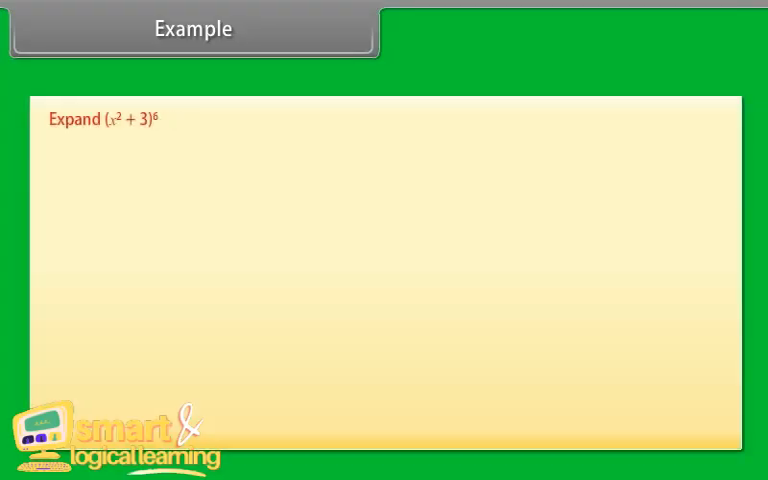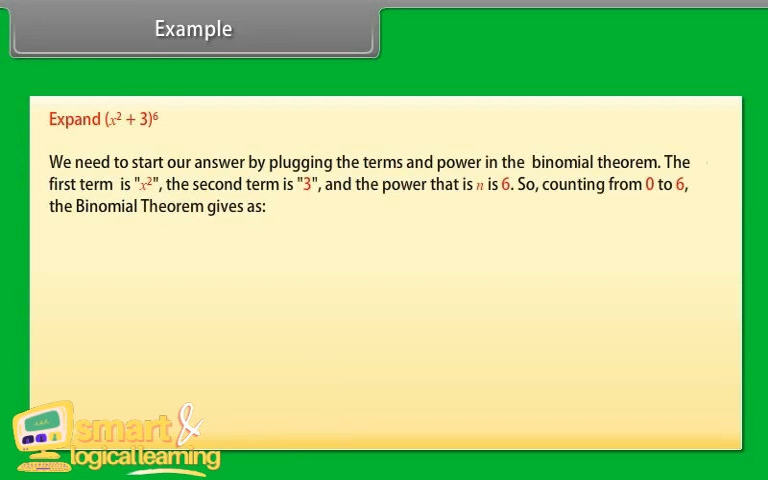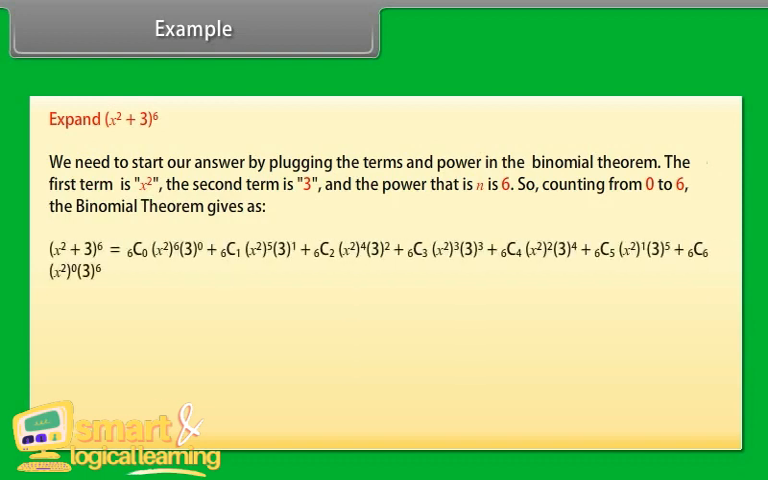Example: expand (x^2 + 3) raised to power 6. We need to start our answer by plugging the terms and power into the binomial theorem. The first term is x^2, the second term is 3, and the power, that is n, is 6. So, counting from 0 to 6, the binomial theorem gives (x^2 + 3)^6 equal to